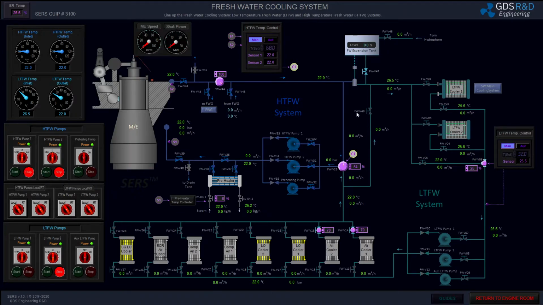But before switching to the seawater system, I would like to fill up the low temperature freshwater cooling system, fill up the pipes, because there is no water in the pipes right now, and my expansion tank is at level 0. I will fill up my expansion tank from the hydrofor.